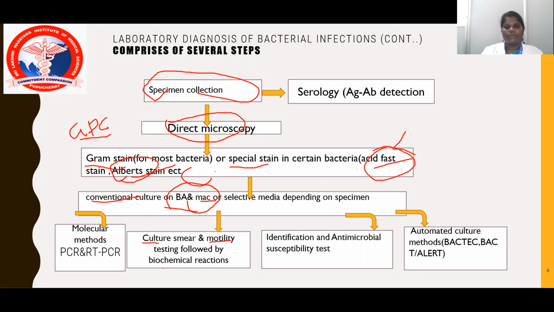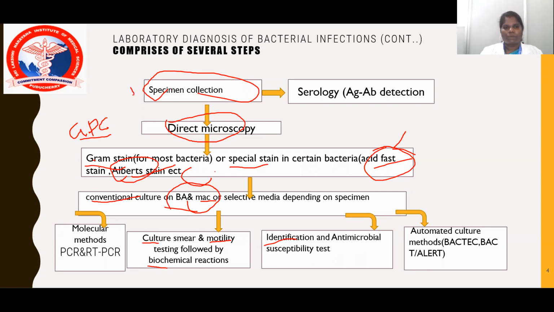Once that is done, you can proceed further with biochemical reactions. We have a set of reactions, for example, for Gram positive there is a set of panels and for Gram negative a set of panels is available. Based on that, we can have a confirmatory test. Finally, in the conventional method, there is antibiotic sensitivity or antimicrobial susceptibility testing, which shows which drugs the organism is sensitive to. So this is the conventional method.